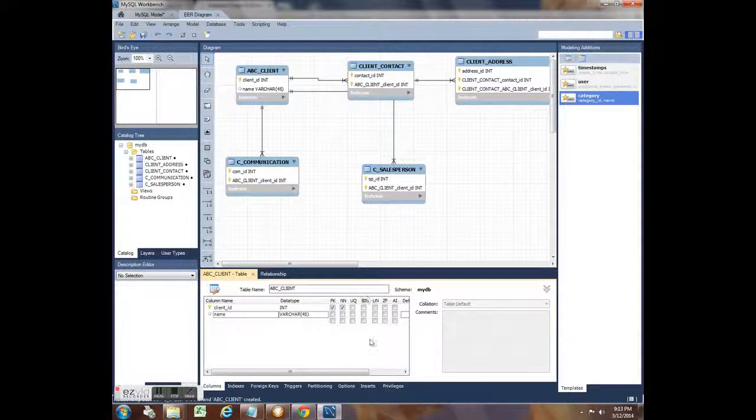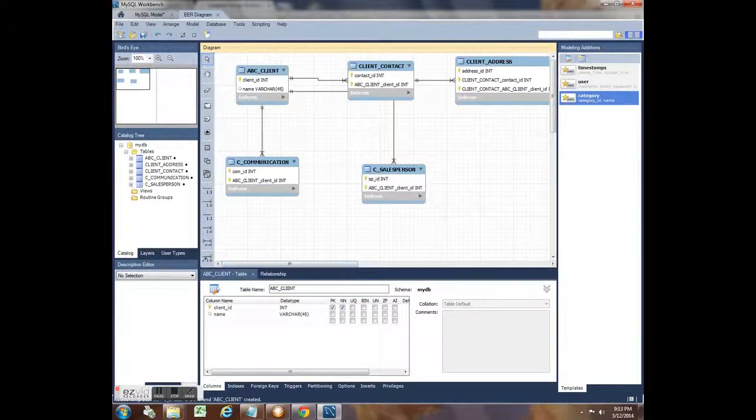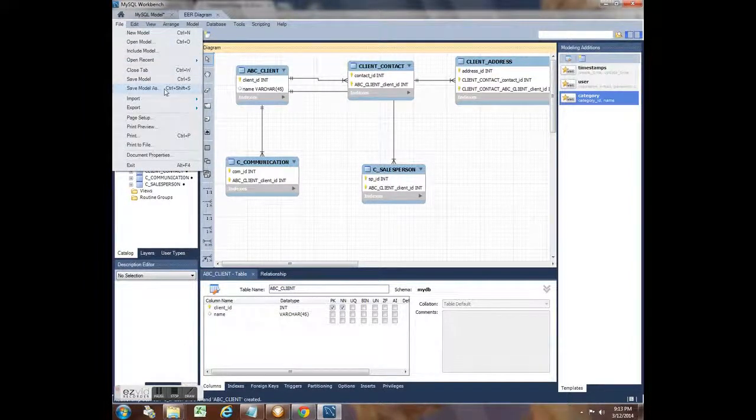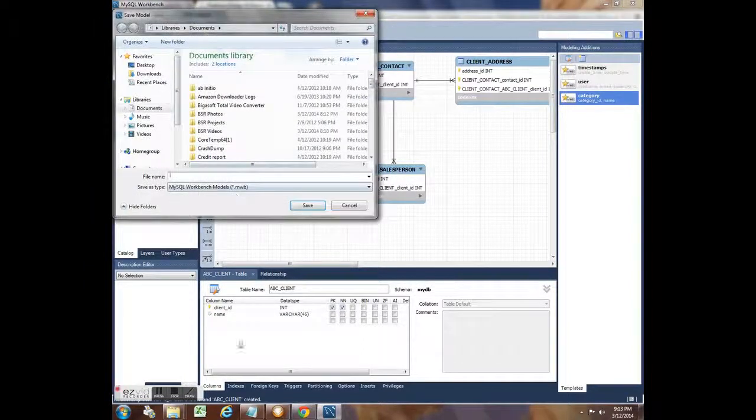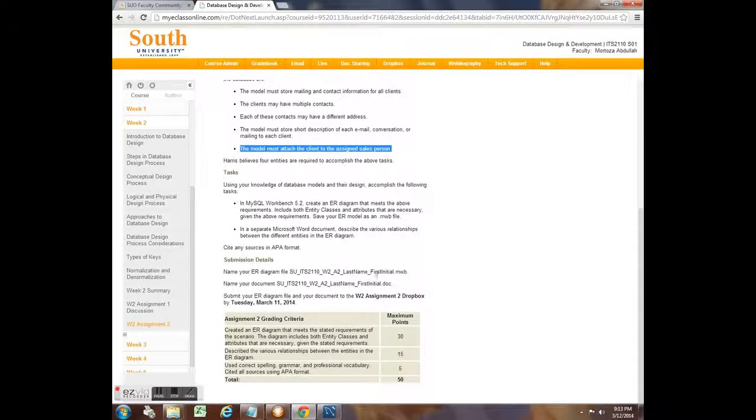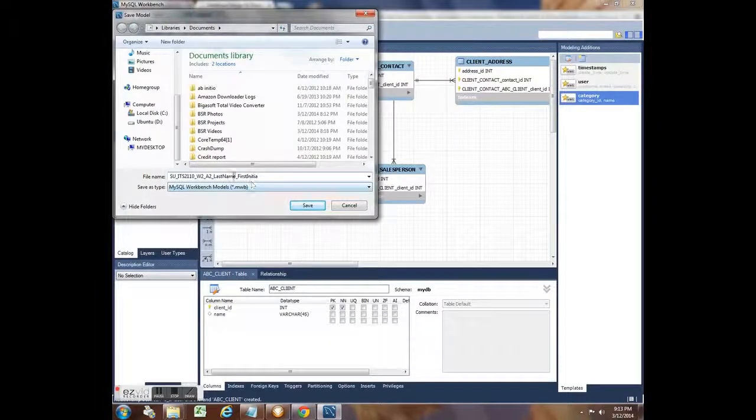Here I'm just giving it a name attribute, and defining it as a variable character. So once you are done, just go to the file menu and save it, and the assignment says exactly what format it should be saved in. Your last name and first initial,